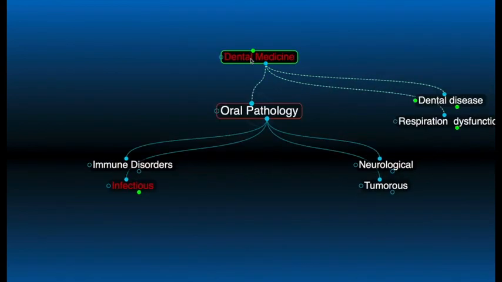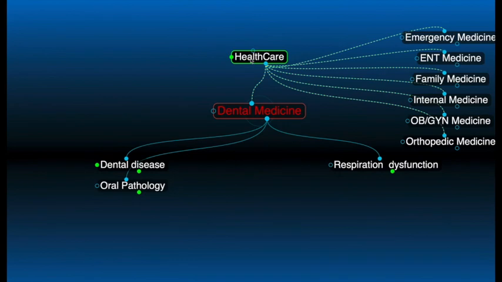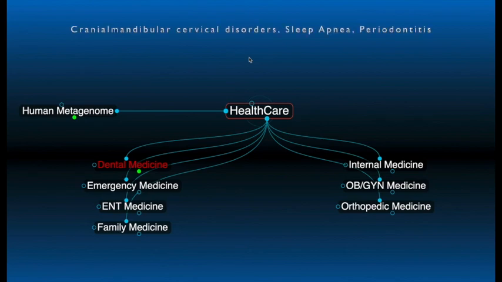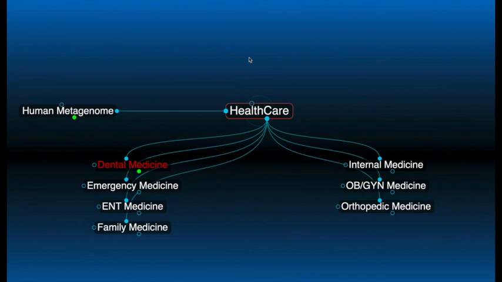To review, we work from a point in healthcare of dental medicine, treating a wide variety of processes. The three I am discussing are the cranialmandibular cervical disorders, sleep apnea, and periodontal disease. As different as they all sound, they are all causing damage directly and systemically, and are all inflammatory, and thus can adversely affect overall systemic health. They all contribute to systemic chronic disease.